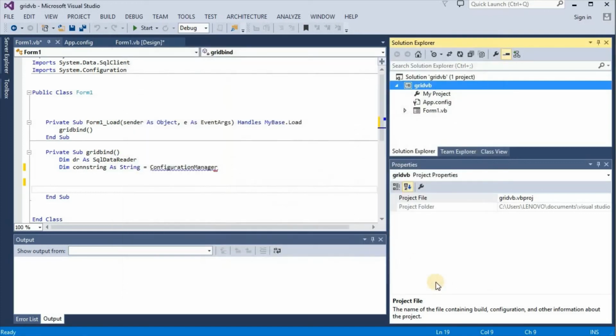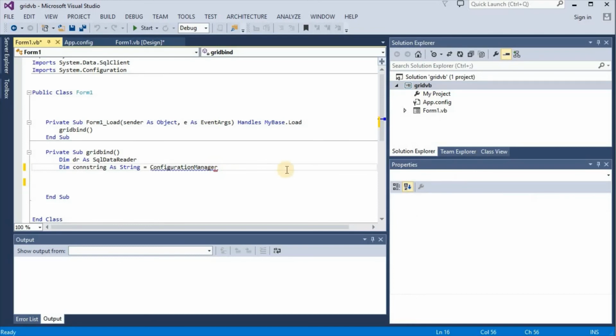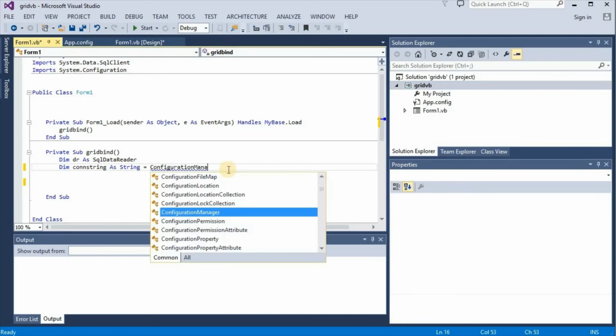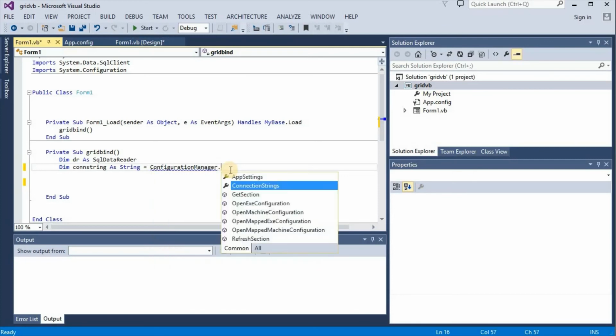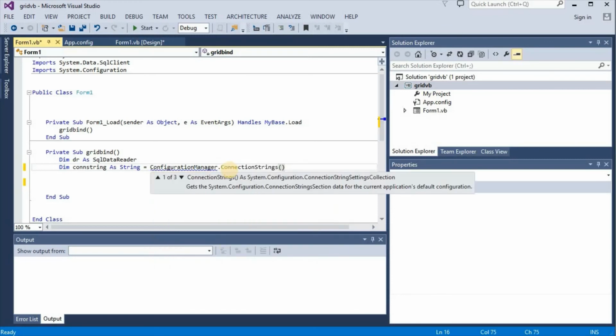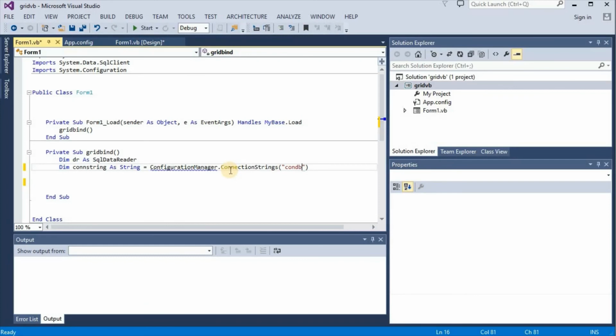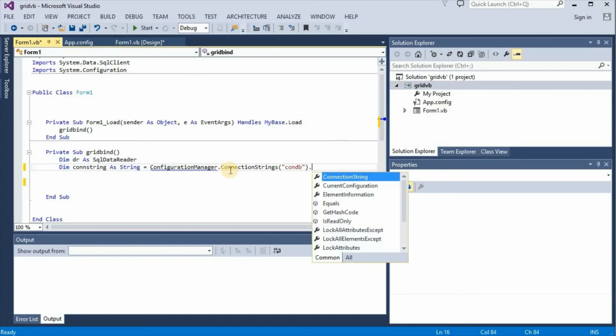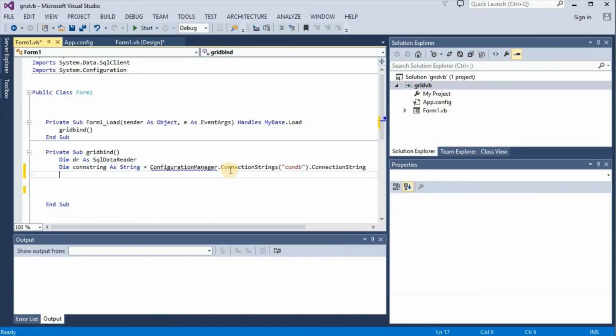OK. Now we can able to select configuration manager dot connection strings condb dot connection string. Now there is no any error for configuration manager.